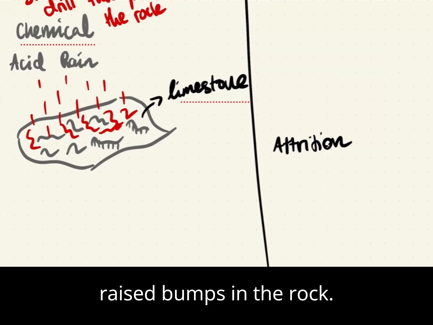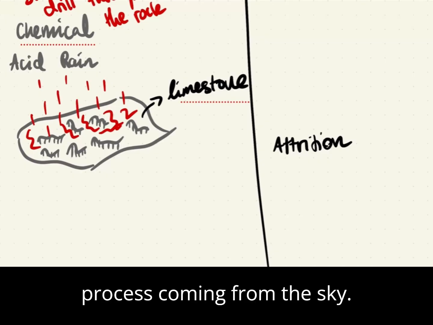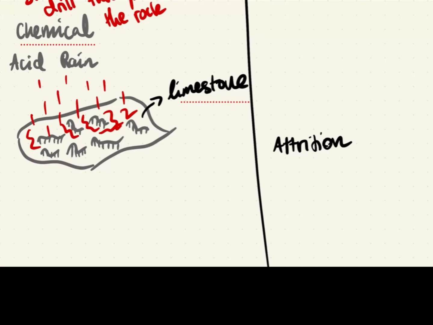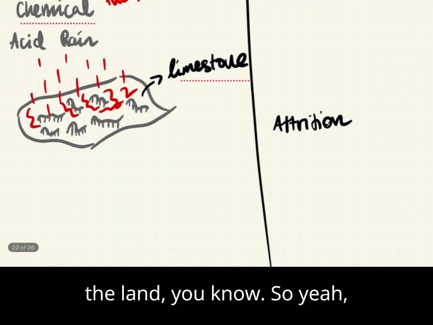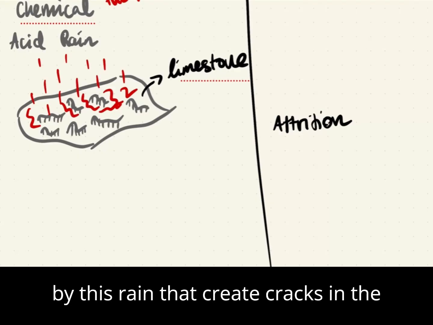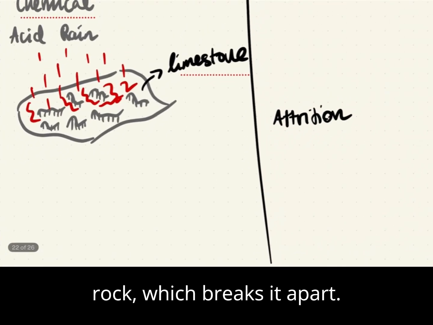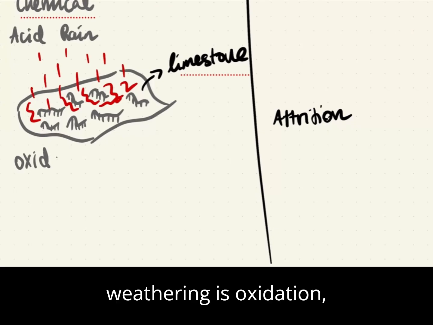I think you could call this a subaerial process, coming from the sky. It's not like biological where it's on the land, you know. So yeah, acid rain is just limestone that's eroded by this rain that creates cracks in the rock, which breaks it apart. Another form of chemical weathering is oxidation,